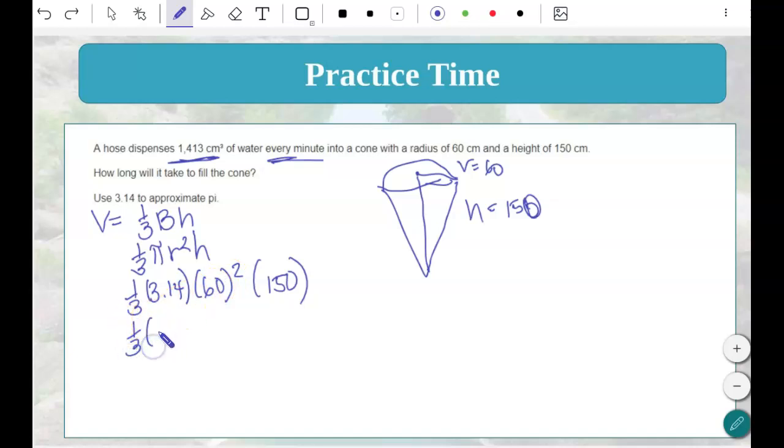The 60 squared is going to be 3,600. All right, we're going to go ahead and multiply. You can just go ahead and multiply all those together. Do 3.14 times 3,600 times 150. Ooh, wow, we get